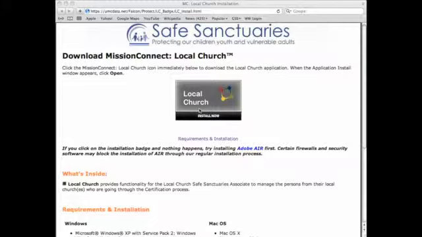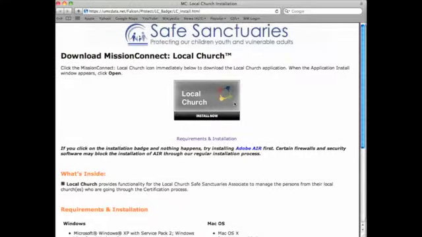If you need to download and install this software to a second computer, the simplest way is to forward the provided email with the website link to an email address that can be accessed from that second computer. Click this Local Church Install Now button